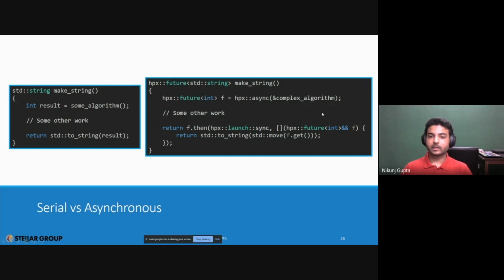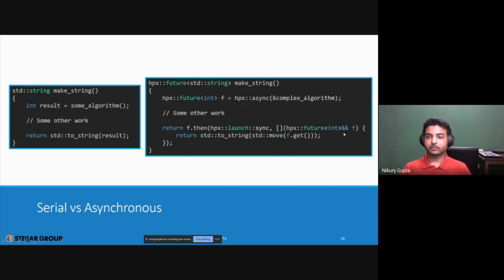And once everything is done, we can add a continuation over here using the then primitive. Again, we use launch because all we're doing is converting it to a string, which is not a lot of work for a thread. So again, we take a future.